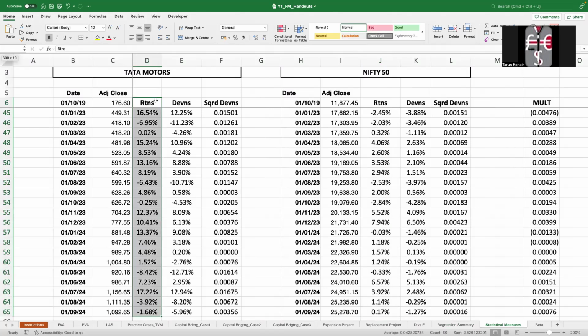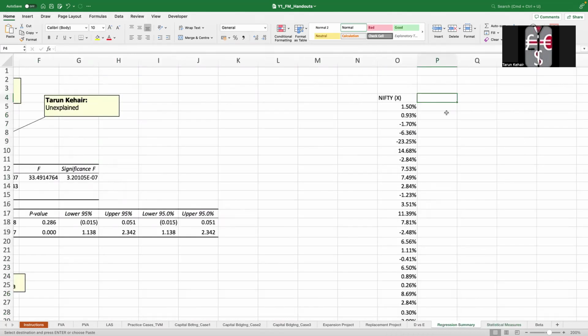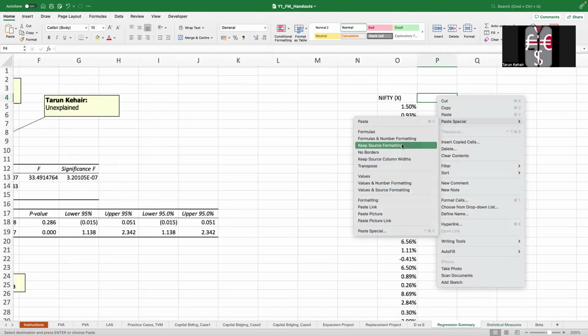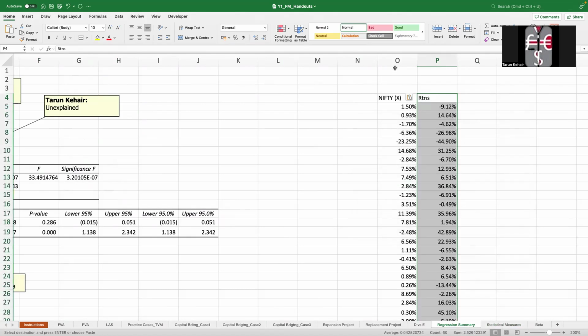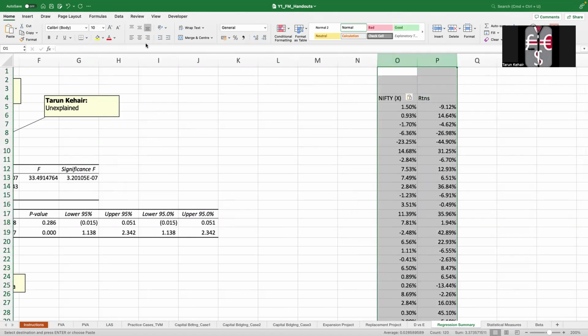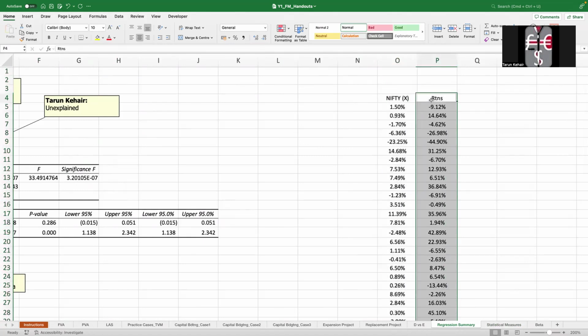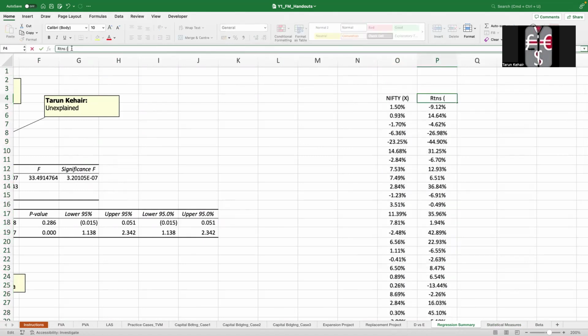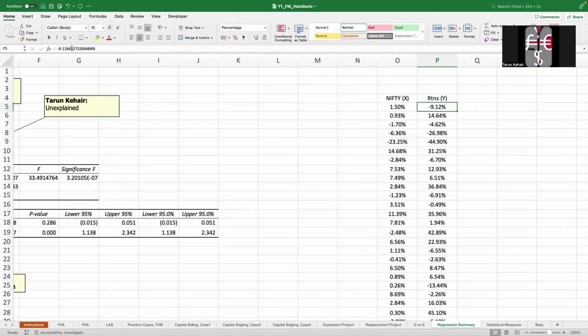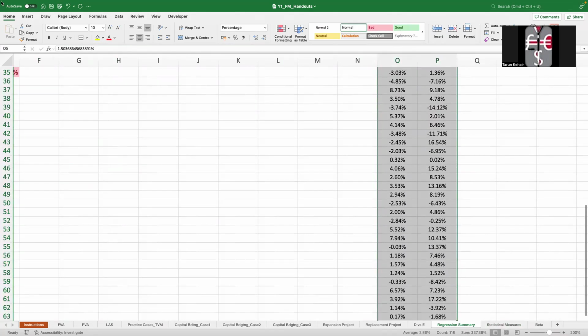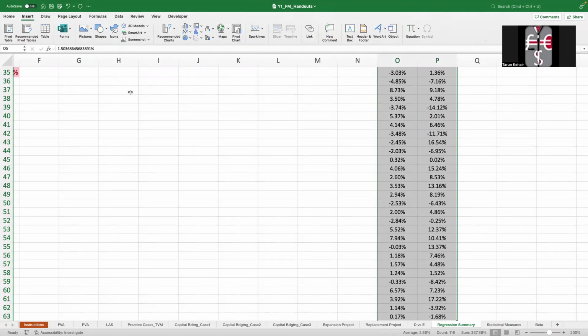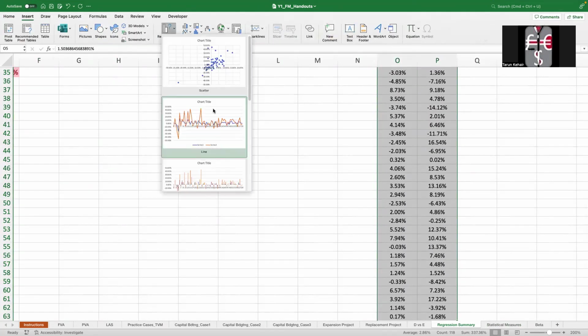ये देखो, Tata Motors के returns हैं. I take this here and I put it on this sheet like this. So stock returns we just read is always on y, and Nifty is always on x, and we created the regression. Now we can create a regression scatter also. So अगर मैं इसका, if I do a chart which is a scatter diagram,